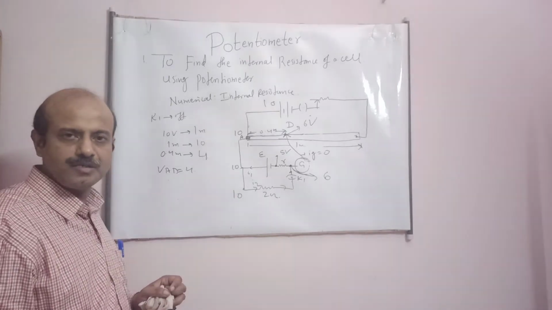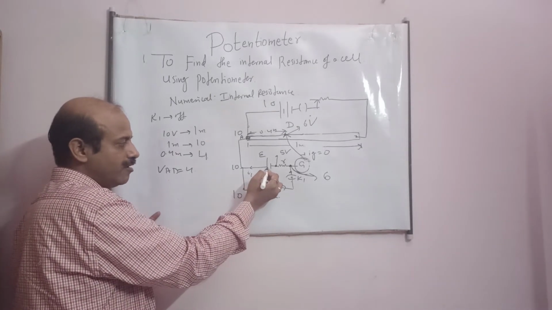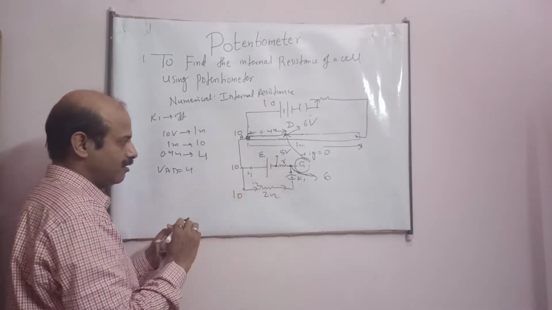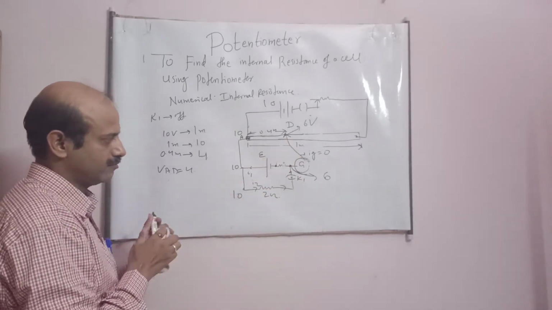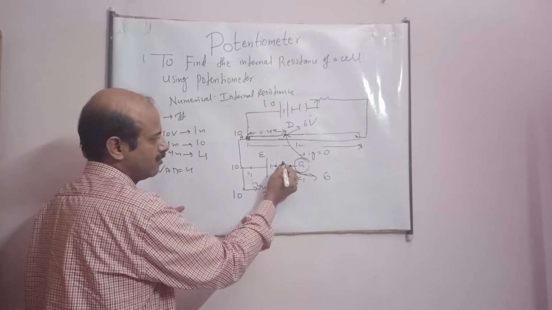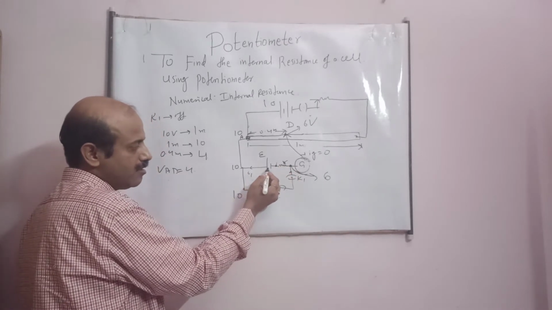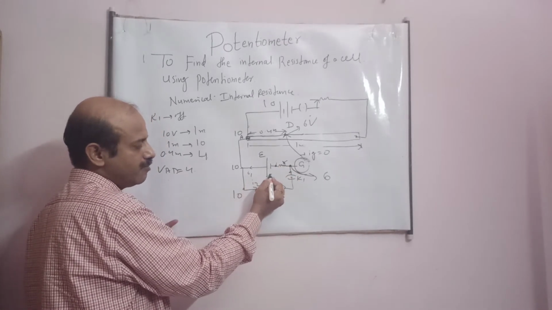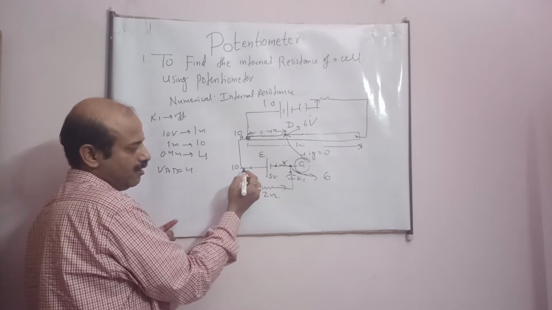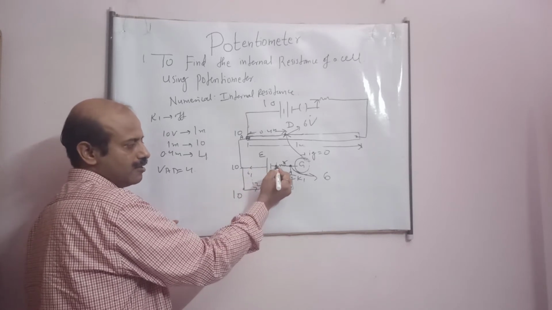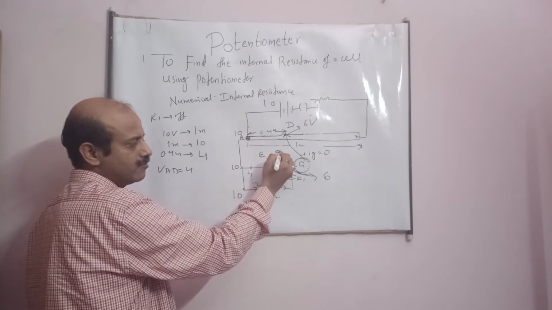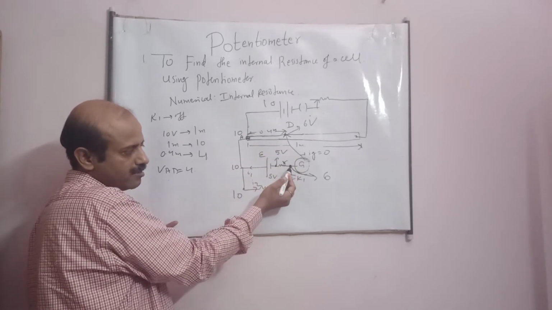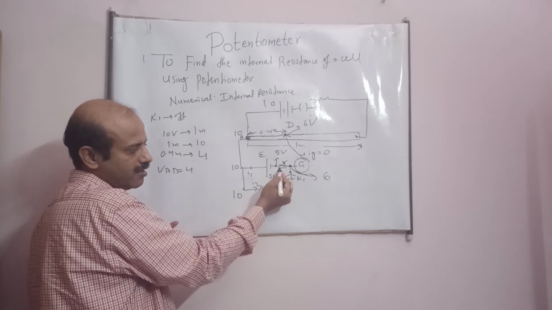Okay, student, this is at 6. Now this EMF you have already calculated. Internal resistance r, okay. This EMF I have already calculated, student, 5. Here it is 10. This means this point must, according to this question, be at 5 volt. Now student, see, here there is a 6, here 5, means current is flowing in this direction.